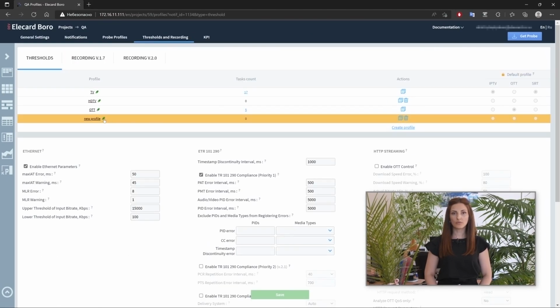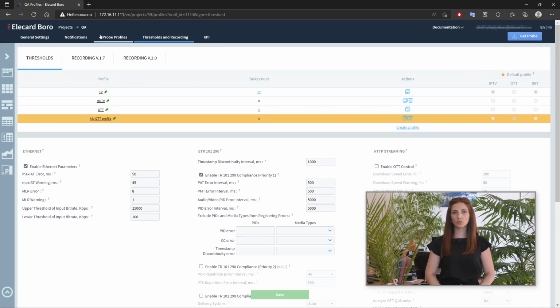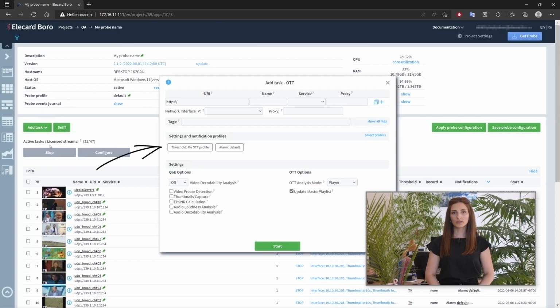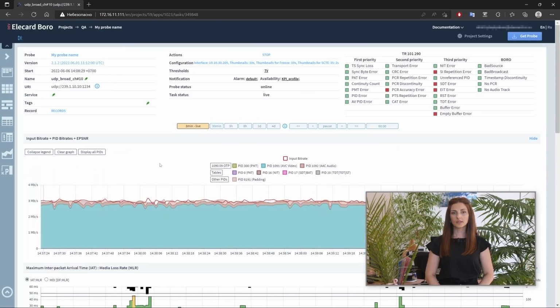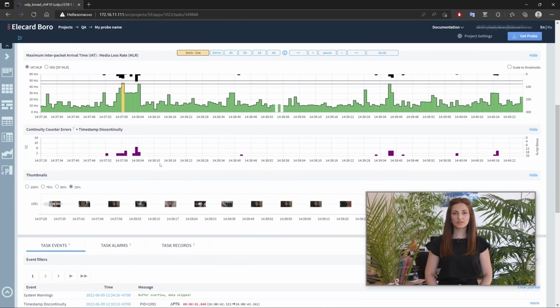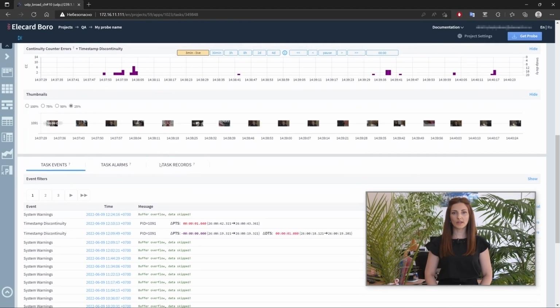Automatic assignment of profiles is implemented. The connection between the profile and the type of task is configured by the user. When creating a task in the web interface, threshold profiles, alerts, and records will be automatically assigned to it, depending on protocol. The interface usability is improved by the following parameters: selecting default view that will open when entering a project,